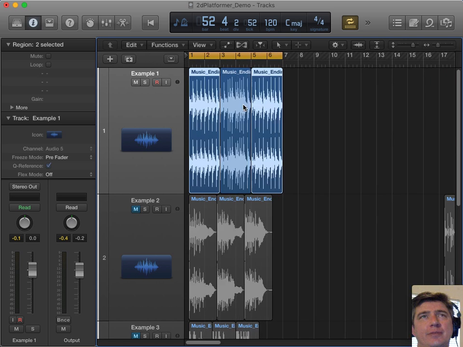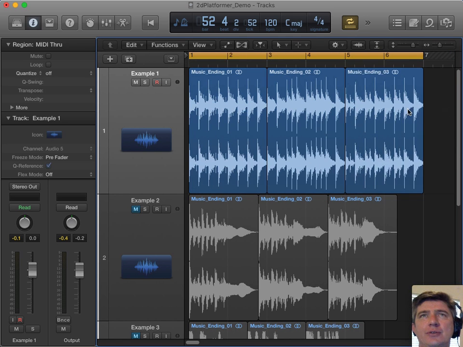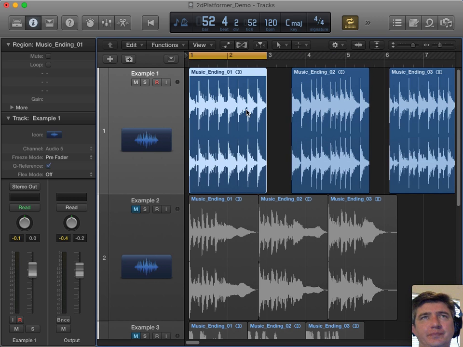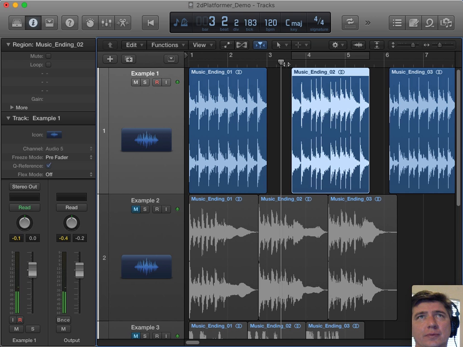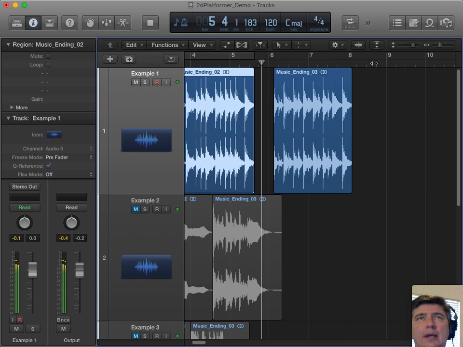And then the endings are basically the opposite of that. They need to end and resolve. They need to take what was going on in the main loops. They should start at the same strength and level and then resolve back down to the endings to kind of finish what was happening in the main loops. Ending 1. Ending 2. And ending 3.